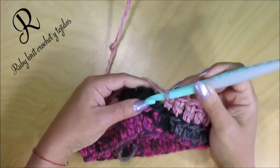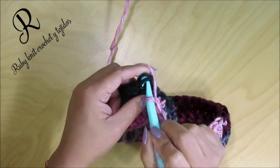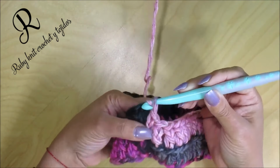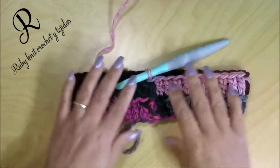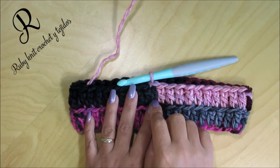I'm gonna finish this row with a slip stitch. I'm gonna count 1, 2, 3 chain, and on top of the double crochet is where you're gonna do your slip stitch again. And by doing the slip stitch on top of the first double crochet and not in the third chain,